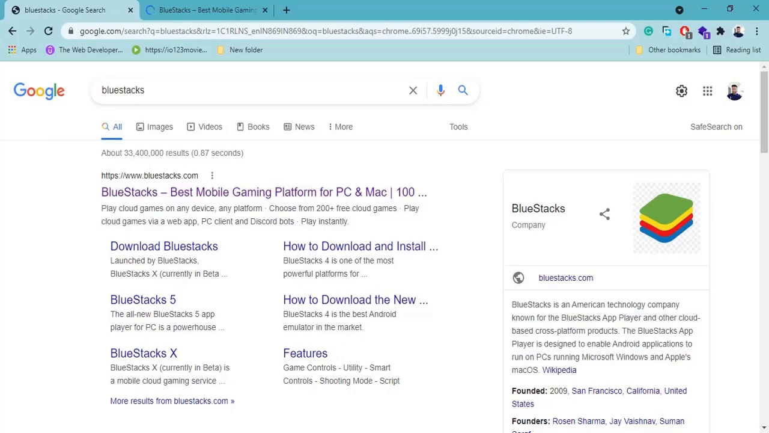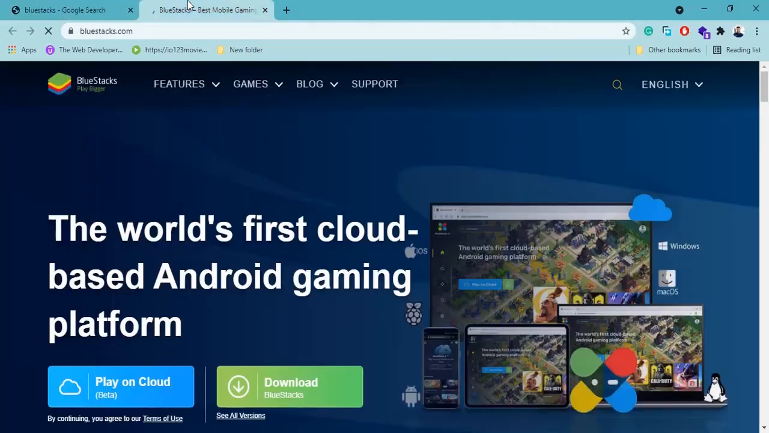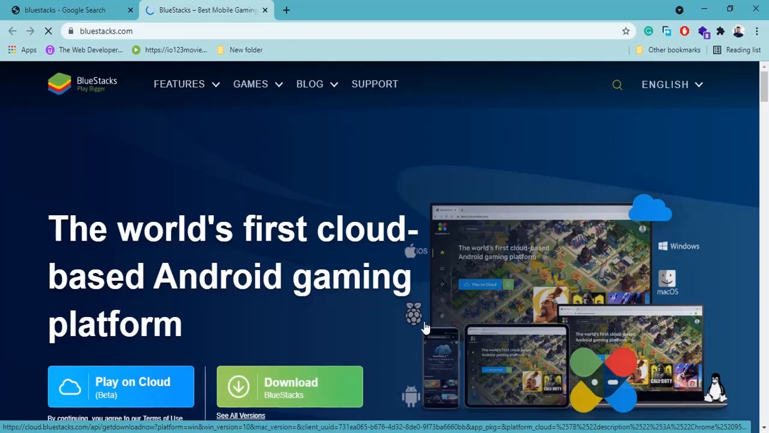Hello everyone, here is a simple way to use the Android platform online by installing BlueStacks 5 on your PC. BlueStacks is an American technology company known for the BlueStacks App Player and other cloud-based products. I have already opened the BlueStacks website, and you just download it, and after downloading you will